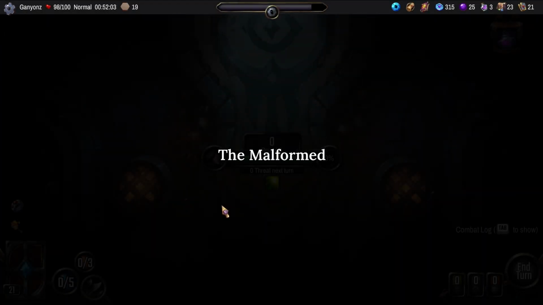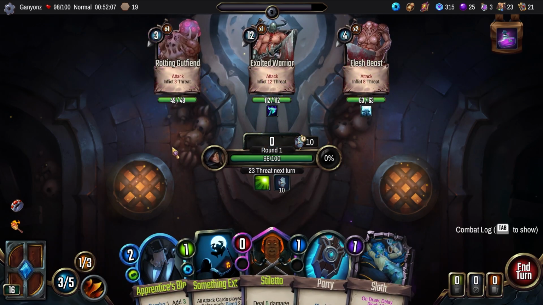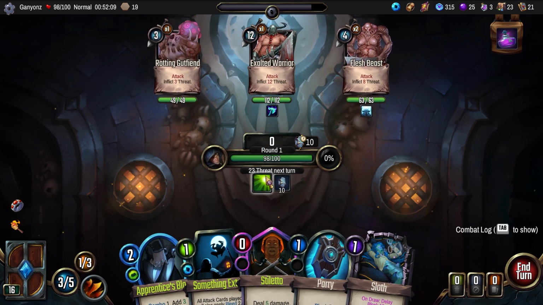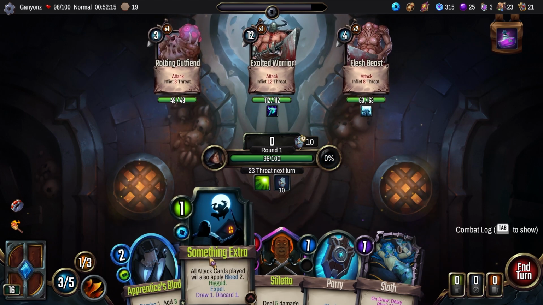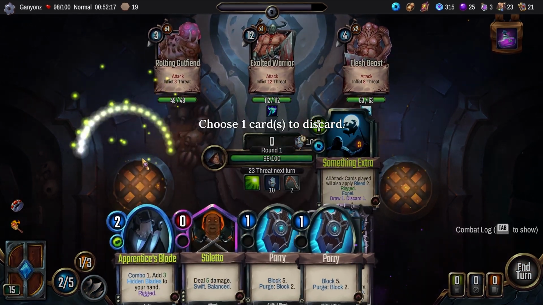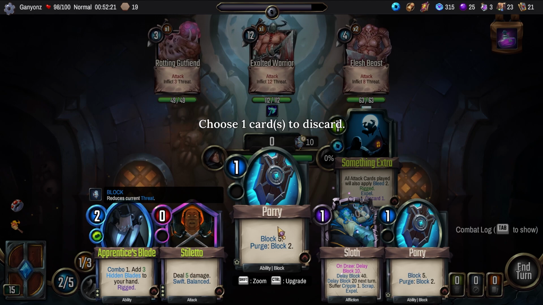We got some big chunguses coming in for the fight. And if you don't like to math, it tells you 23 threat. Very nice little quality of life here, so you don't even have to add this all up. So let's go ahead and do our thing. Something extra. Choose one card to discard. We'll discard the...